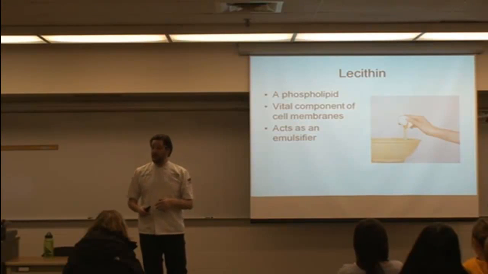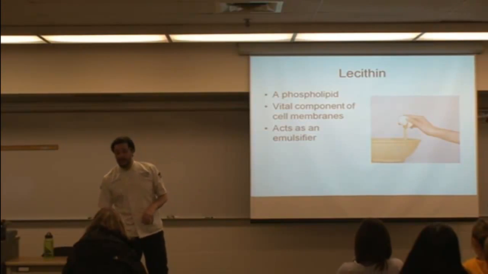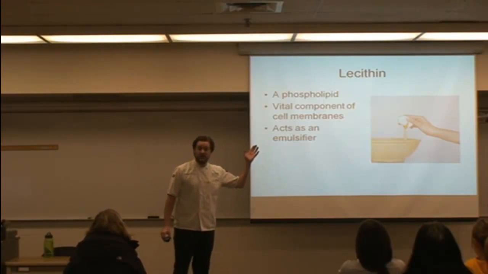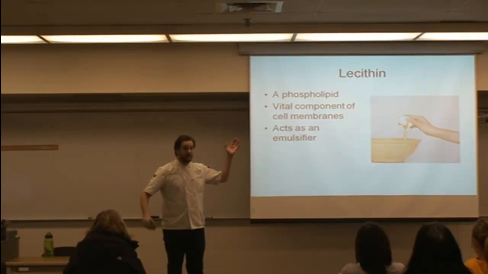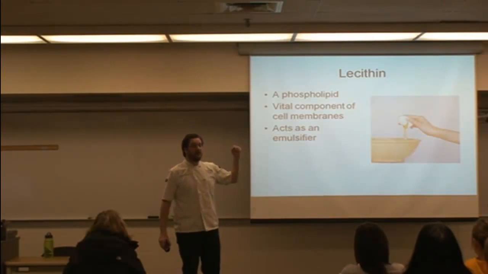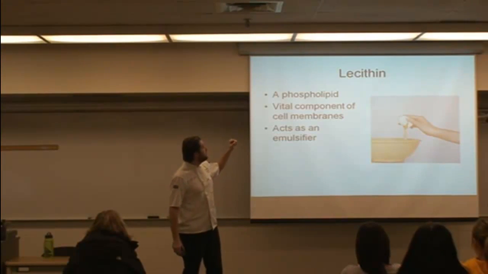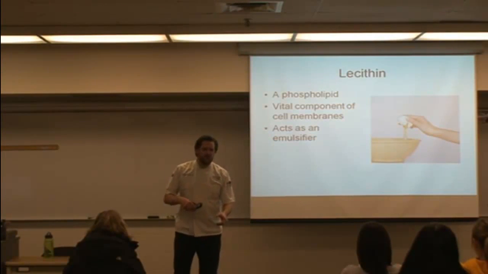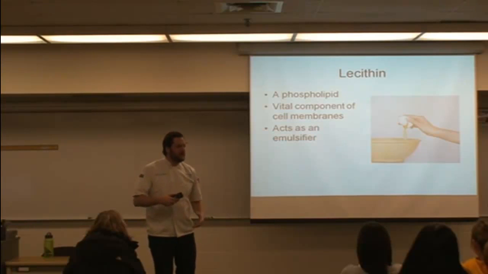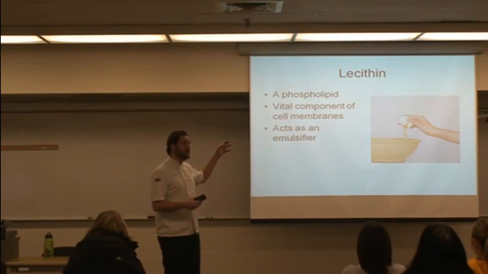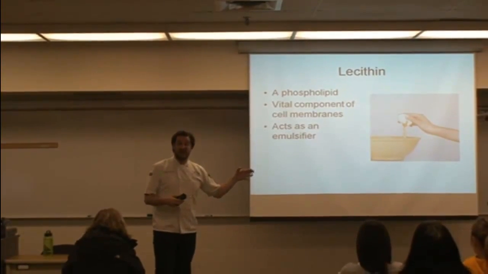Talking about fats, saturated fats and unsaturated fats, I want to talk about a fat called lecithin. Anybody heard of it before besides Mallory? It's the fat that's going to be in an egg yolk. Lecithin is a phospholipid. Now we're going to get into the food science of it a little bit, just because I want to expose you to the vocabulary of it, but also because it can tell us about what actually